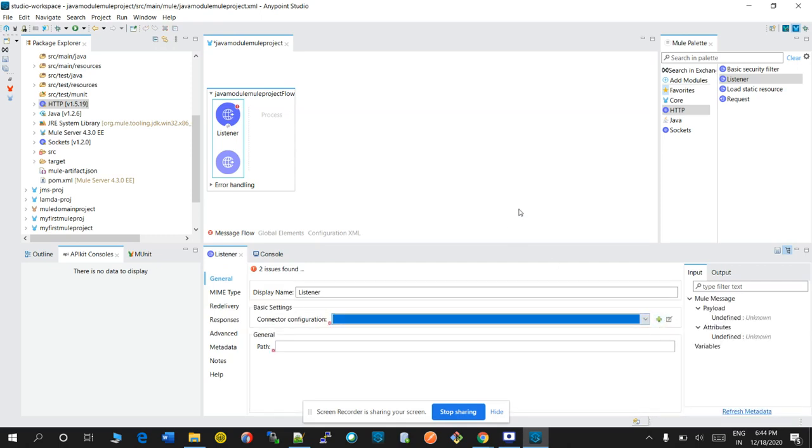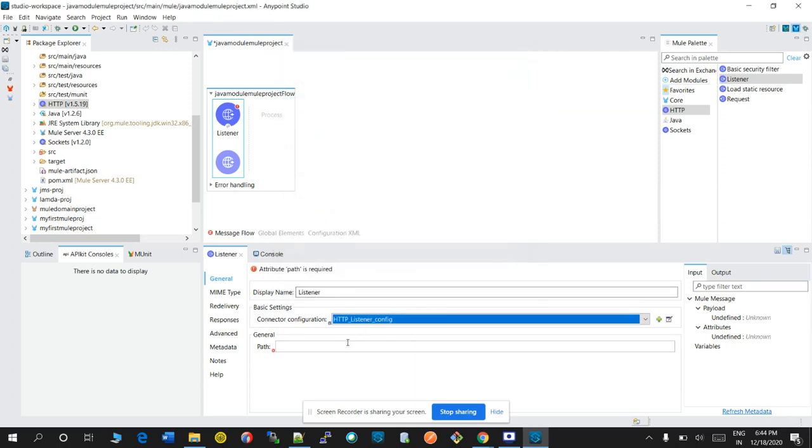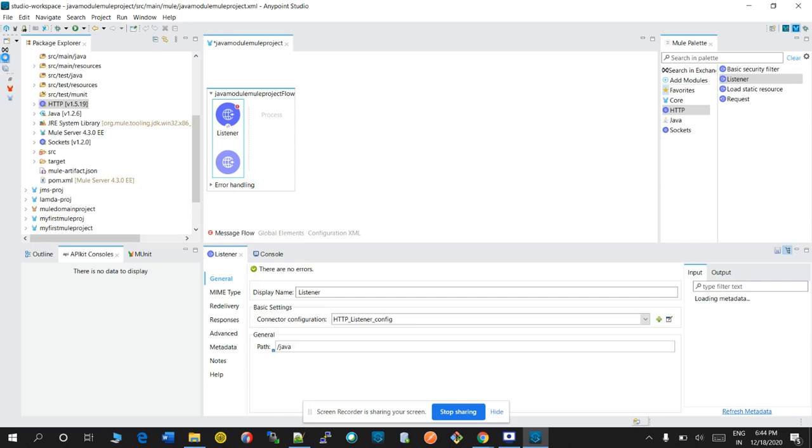Add connection configuration. Click on OK. Select path, /java. Click on save.